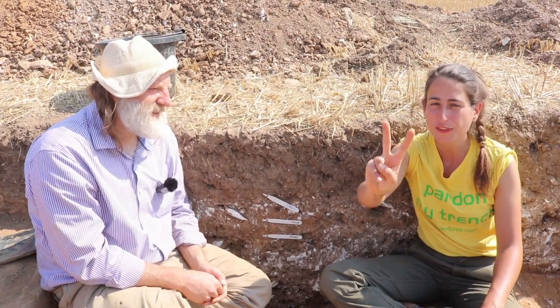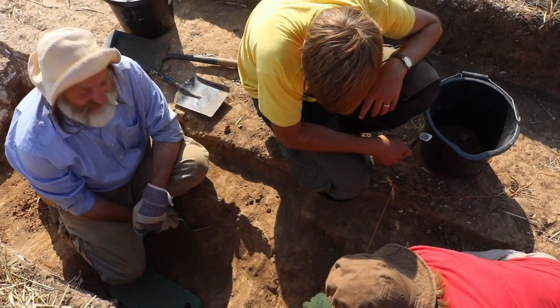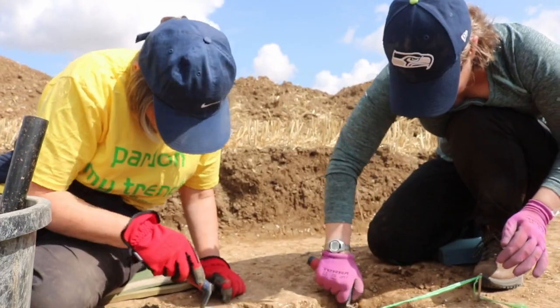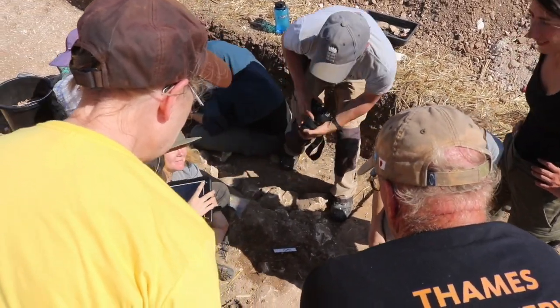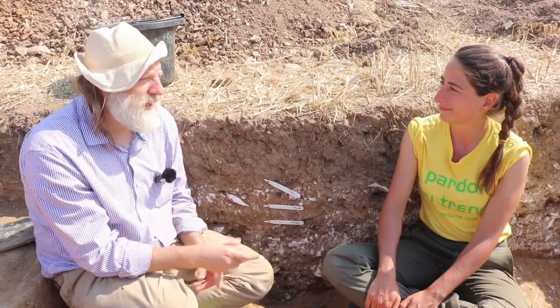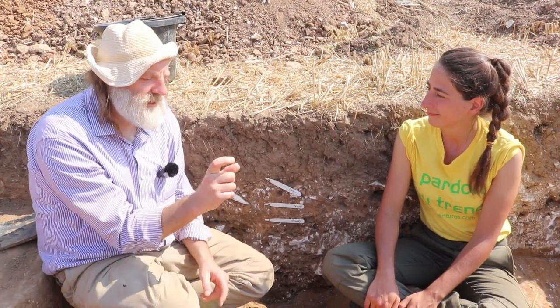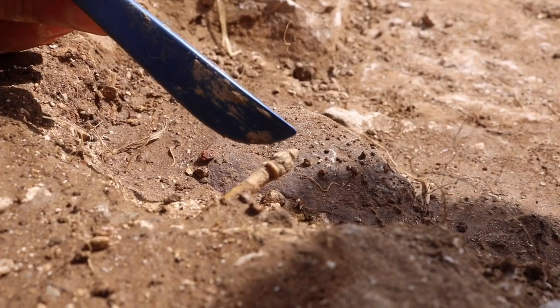So number 5, the fifth sign that we may have found a Roman villa is not the building itself, but all the stuff that may have been inside. Over the last week we've made some really, really lovely discoveries, including a Roman hairpin and lots of pottery. I know, Michael, you were here when the Roman hairpin was discovered. Can you tell us a little bit about it? I can. It was found by a very clever young man, Jacob, and it was initially just the head of it sticking out, which was beautifully decorated at the top, made of bone,